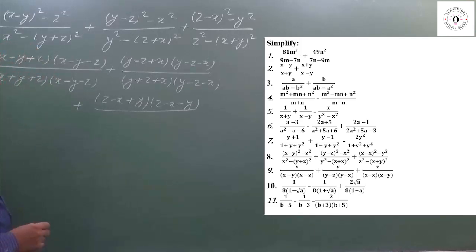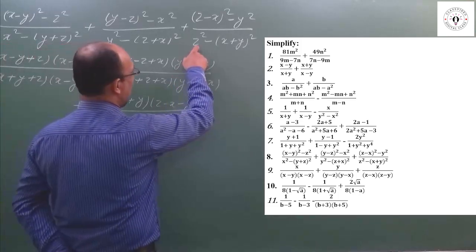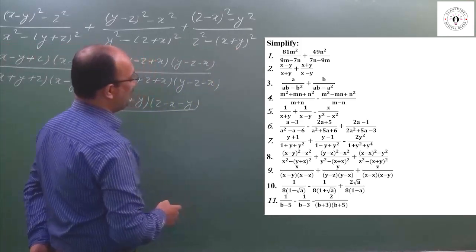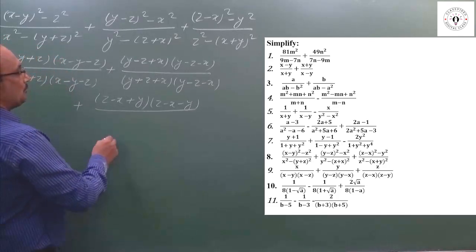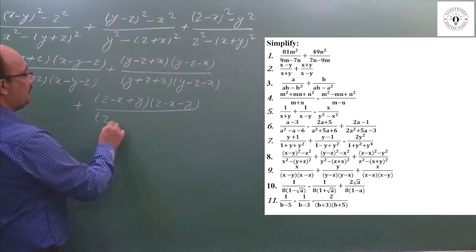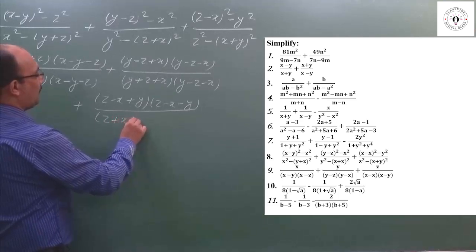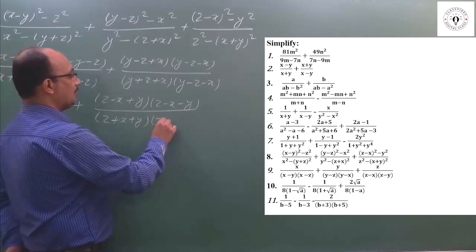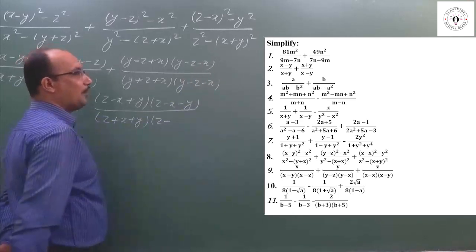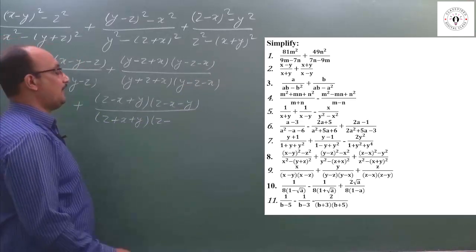In the denominator, if you suppose z as a and x plus y as b, then this is in the form of a square minus b square, which equals a plus b. a means z plus b means x plus y. a minus b, a means z, minus b means x plus y, but minus changes the sign, so this becomes